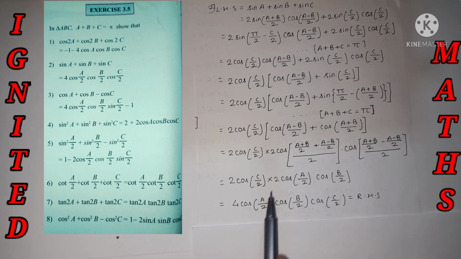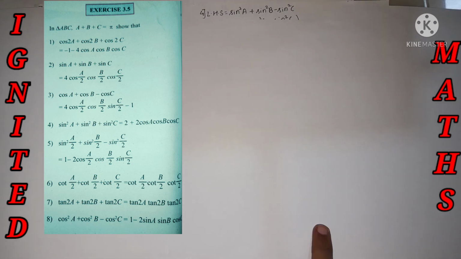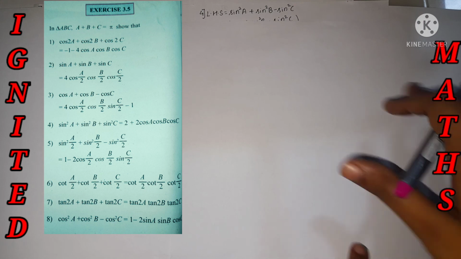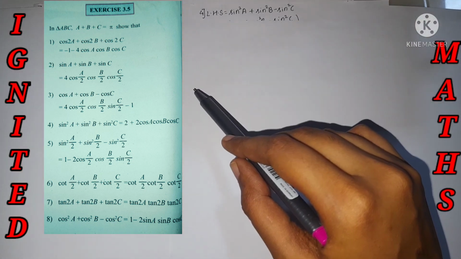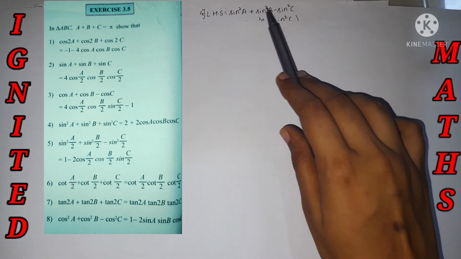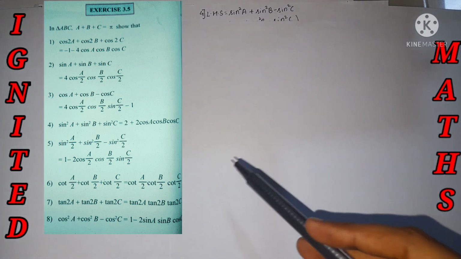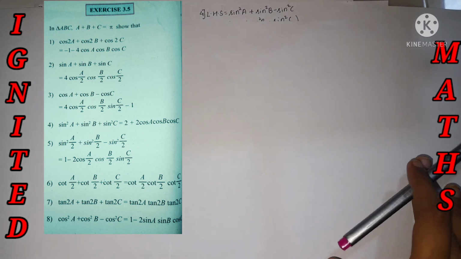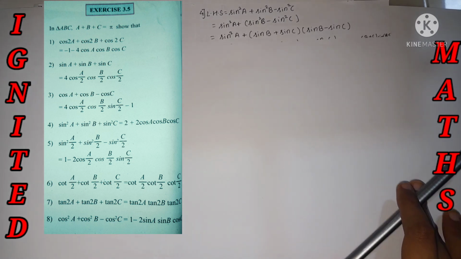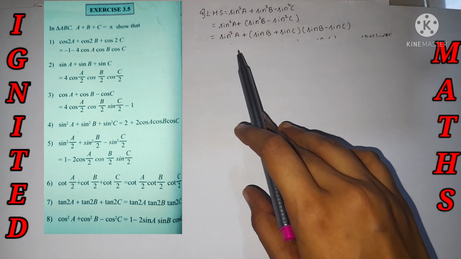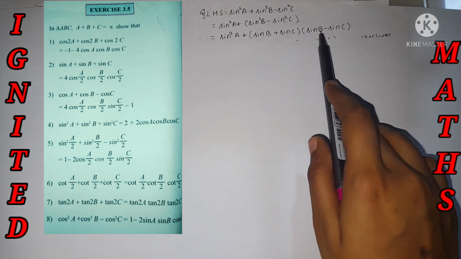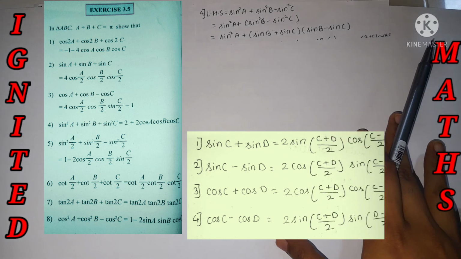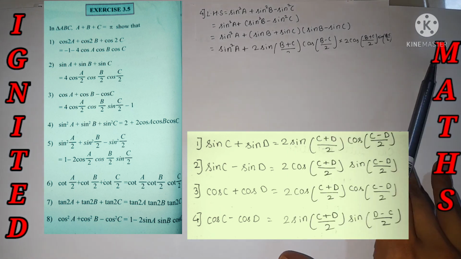I just rearranged it. It is all in the multiplication form, the RHS value. Now the fourth subquestion mentioned over here: sine square A plus sine square B plus sine square C, yes, minus sine square C. Can we use the a square minus b square formula? It's nothing but (a plus b) and (a minus b), which I have applied over here. And sine square A, I have kept as it is, no changes. And sine (B plus C) and sine (B minus C), we have the formula mentioned on the left hand side, just use it over here.